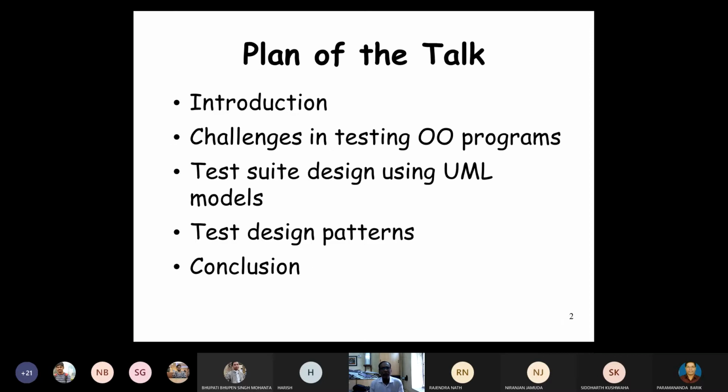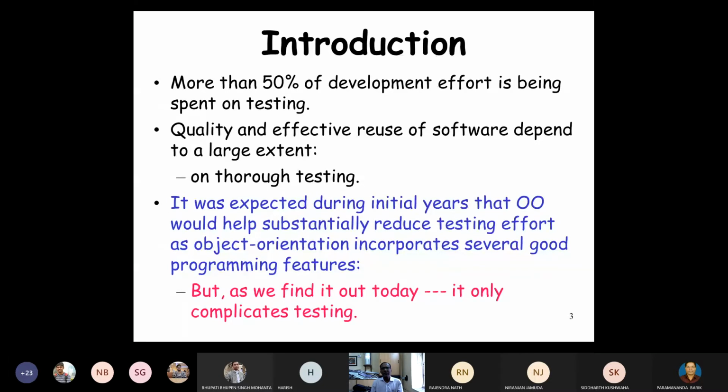So first we'll discuss a little bit about the introduction, some of the challenges in testing object-oriented programs, how to design test suites using UML diagrams. If time permits, you will see some test design patterns, otherwise you will skip, and conclusion. These basic concepts I have already told you, like more than 50% of the development effort is spent on testing of the software.